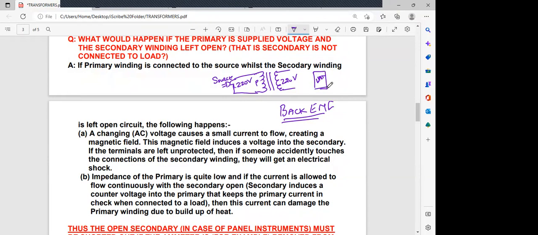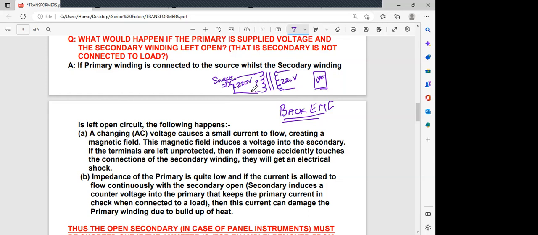But now that you've isolated your washing machine, yet you kept your primary plugged into the source, switch is on, voltage is induced into your secondary, but since you have disconnected your washing machine, there is no current flowing in your secondary. Because no current is flowing in the secondary, there is no back EMF put into your primary. Since there's no back EMF induced into your primary, there is no current caused by this back EMF. And therefore, there is no opposition to the current that is now going to be flowing through the primary, which